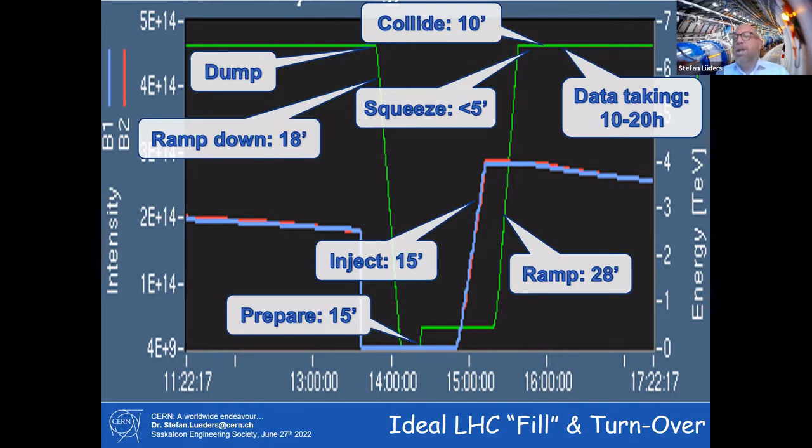Sometimes you get a power glitch. And if you get a power glitch, the magnet is not holding its amps. And then we dump the beam, we get rid of the beam, or the cryogenics is not stable. Or you get a thunderstorm and you might even lose the electricity from France. Or somebody is opening an emergency exit door. We always then dump the beam and then you prepare the machine again, which takes some time, and we do another fill.